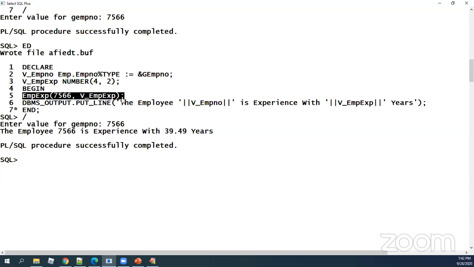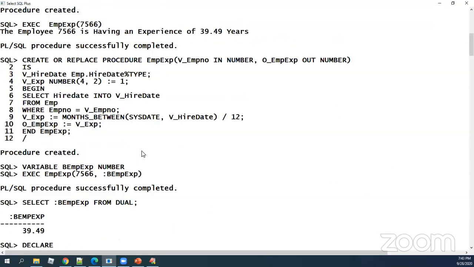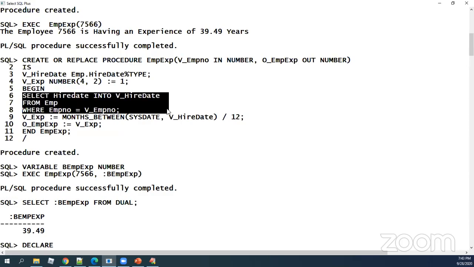Now, I just want to check one more point here. I'm running the same procedure and I'm saying 2234. Now, definitely this employee number is taken here, goes to the location where its logic is available. Now, this select statement is definitely failing. Catch my words carefully. This select statement is definitely failing because that corresponding employee number is not found in the database. Am I correct? Now, when your data is not available in your database, your select statement in PL/SQL will definitely return no data found.